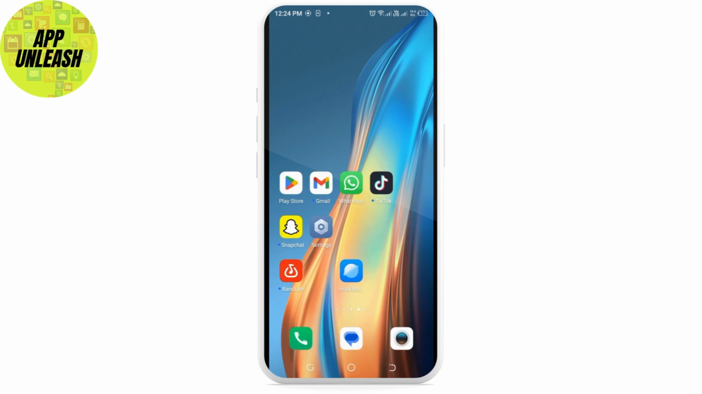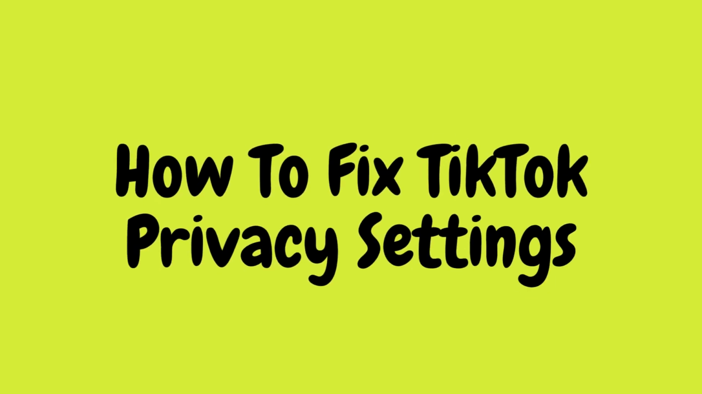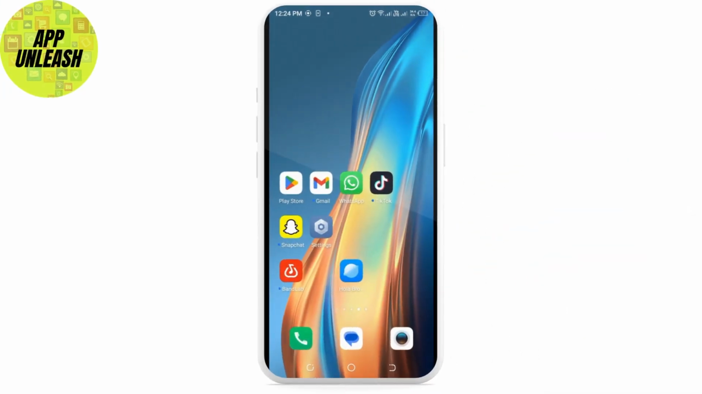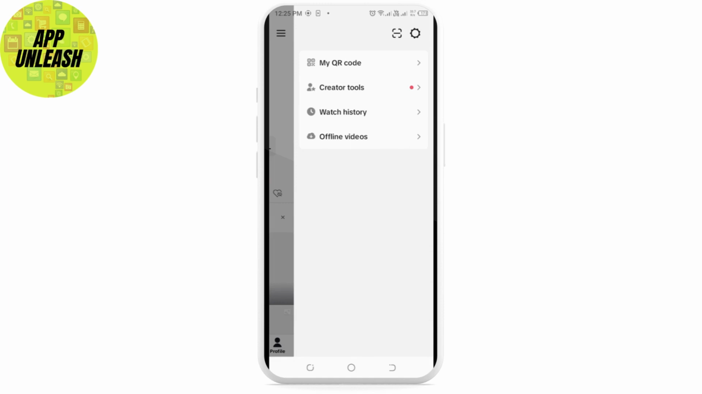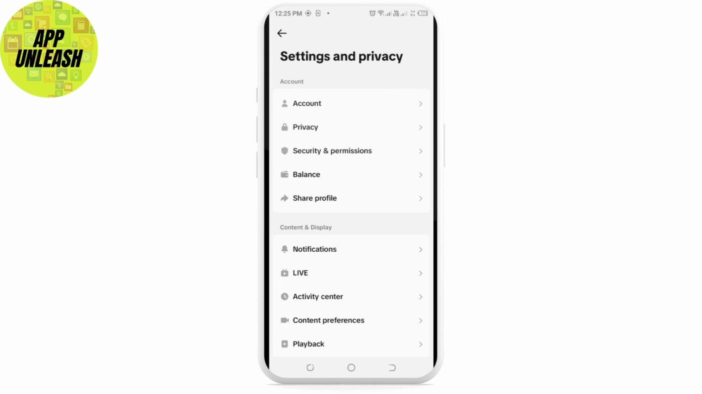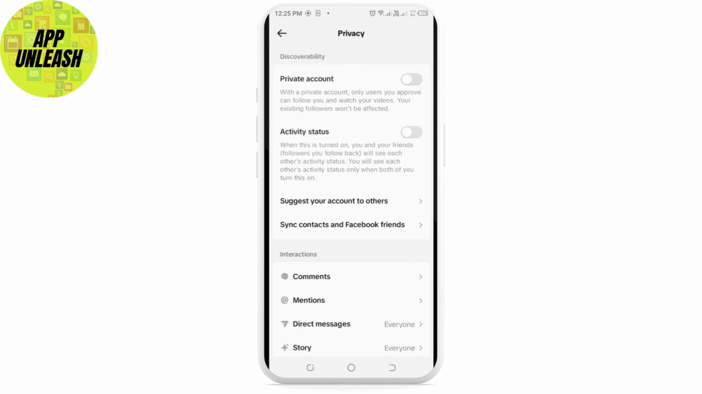In today's video I'm going to tell you how to adjust TikTok privacy settings. First of all, you need to open your TikTok app on your mobile device, and after that you need to select your profile icon, and in the top right corner there's a 3-line icon. Select that again, and after that on the top right corner again there's the settings icon. Select that, and in the account section at the top tap on the privacy option, and after that you'll get